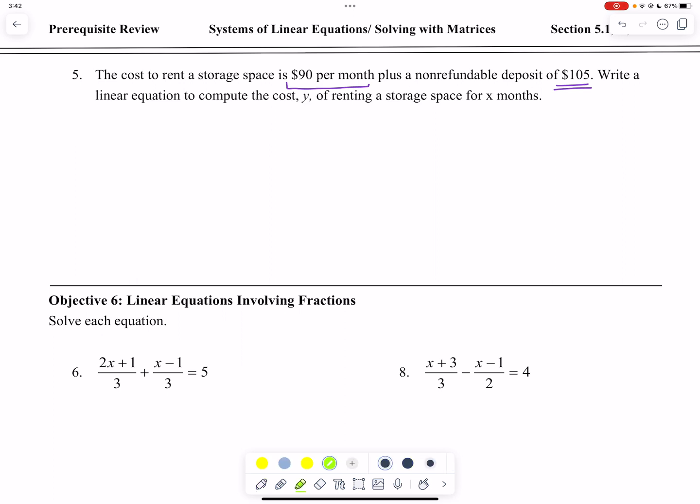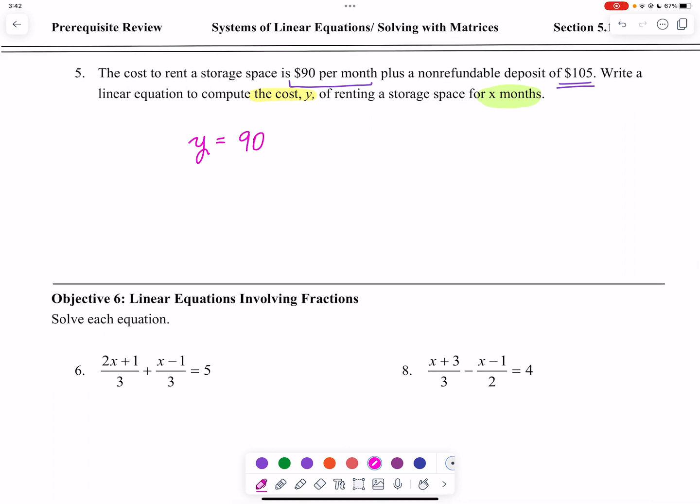So we are going to let X be the number of months and Y be the cost to rent that storage space. So again, here we have Y equals, and we are going to have $90 multiplied by X number of months, and then we have that flat fee of